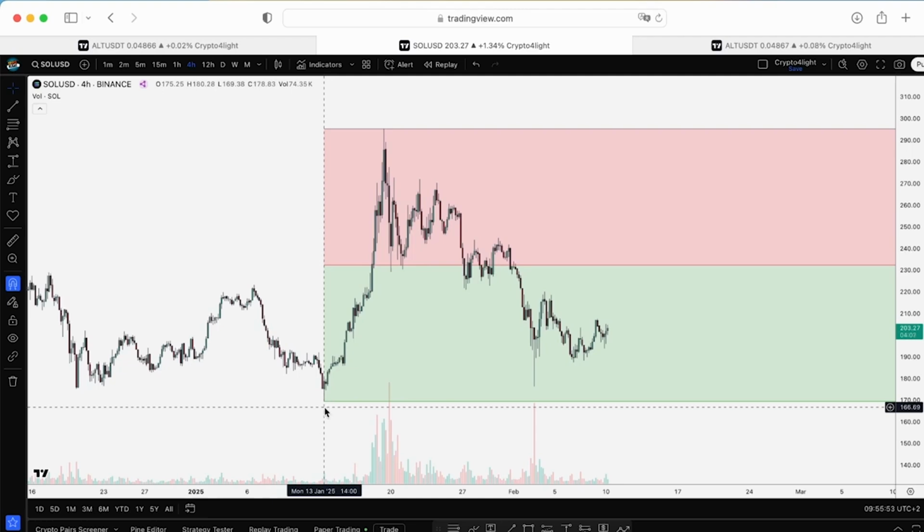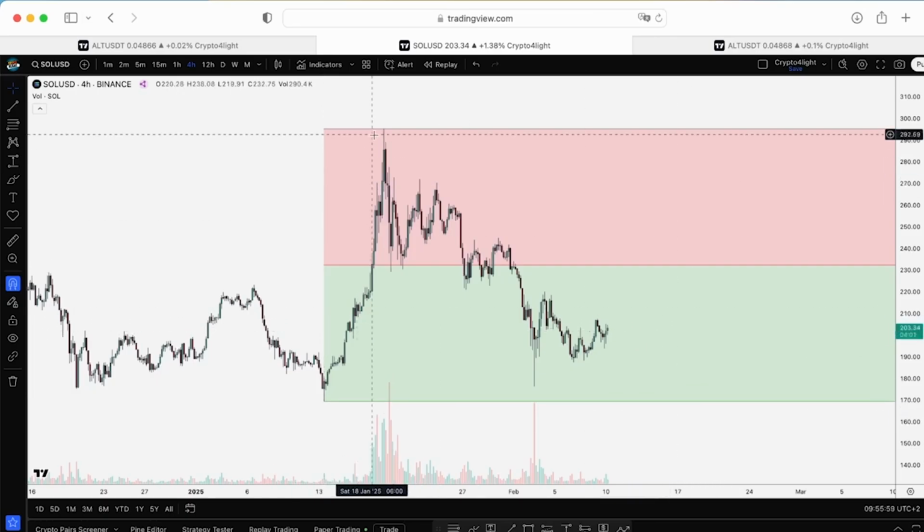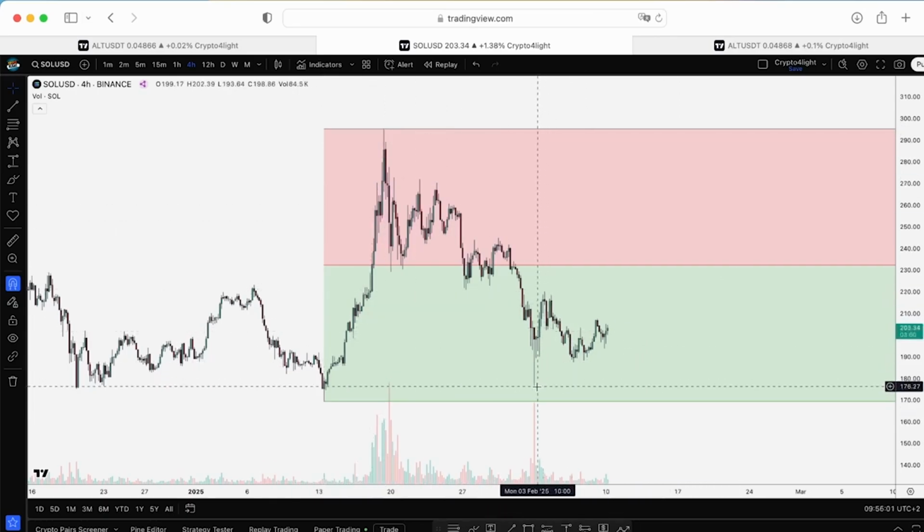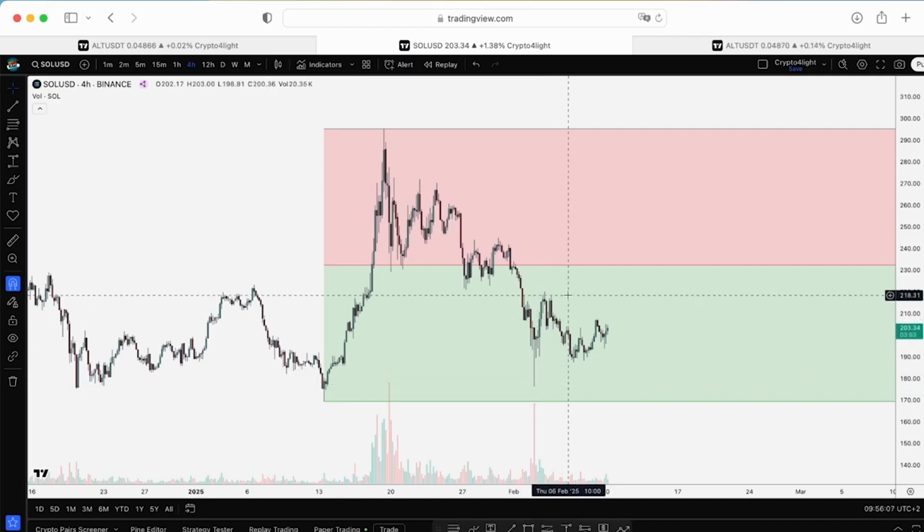Global one, monthly, weekly, we trade in the premium zone. It's time to fix the SOL, right? But on the 4-hour time frame, here, it was not a mistake to buy the SOL at 176 or 184 with a potential target like equilibrium